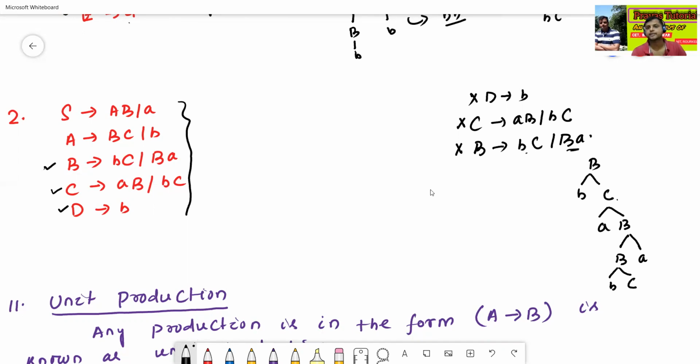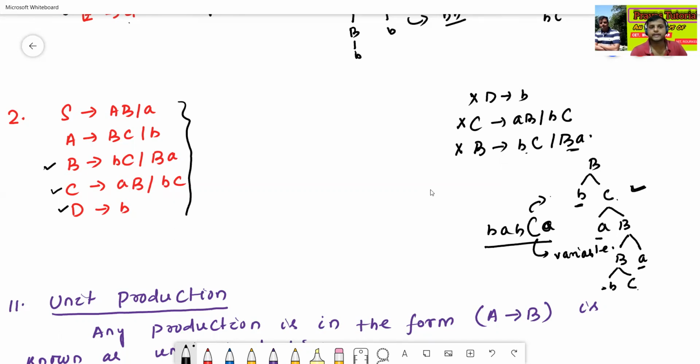It will give strings like BA, BA, then B, then capital C, then A. So it is not a string, because C is a variable or non-terminal. So B to BC, BA is a useless variable.